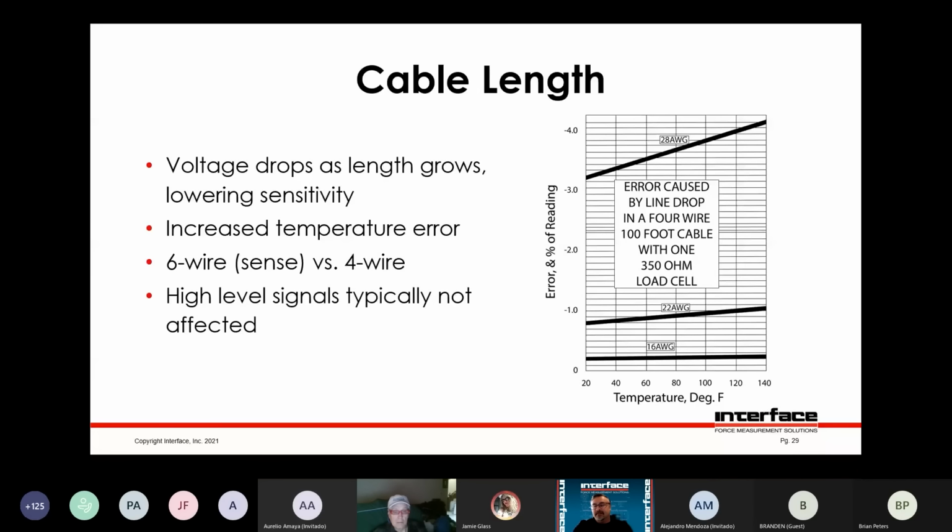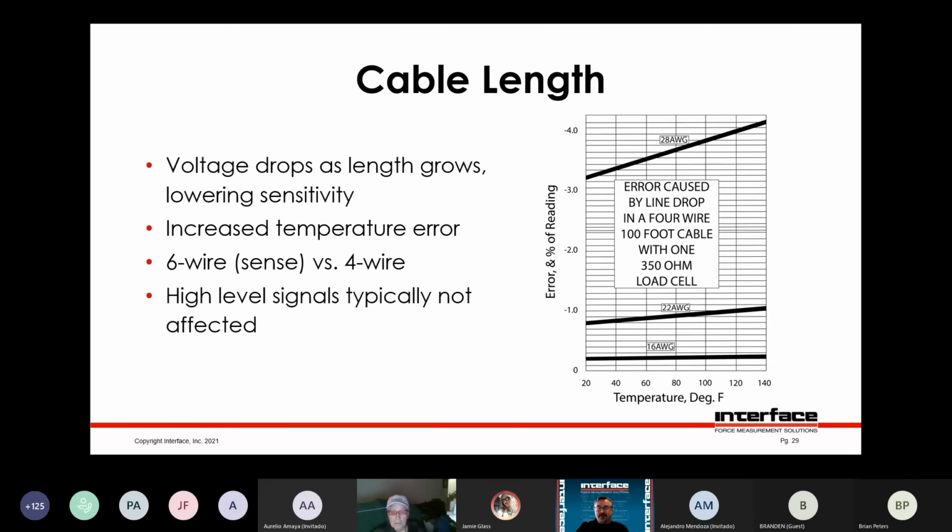Going on to cable length. When the load cell is manufactured with a certain cable length, that cable length is taken into account during calibration. If you want to change the cable length, particularly people like to add cables sometimes. So you take a load cell with, say, 10 feet of cable and you add another 100 feet of cable. That can cause significant errors because the cable resistance then creates a drop in signal. And you can calibrate that out if you apply a calibration with that new cable length. But if you're using the original calibration, you'll have a significant error.